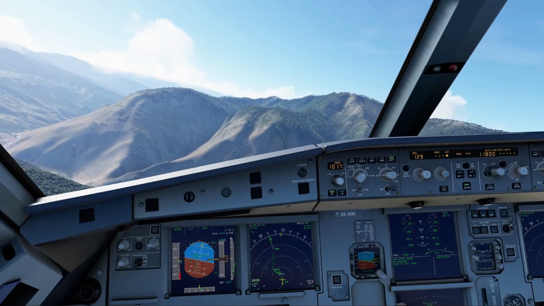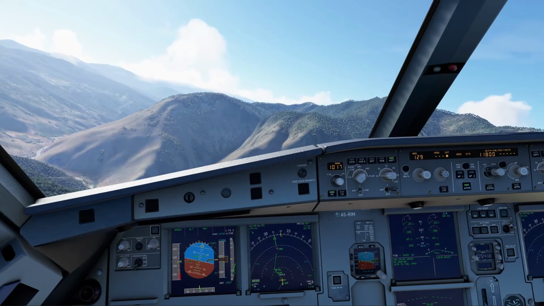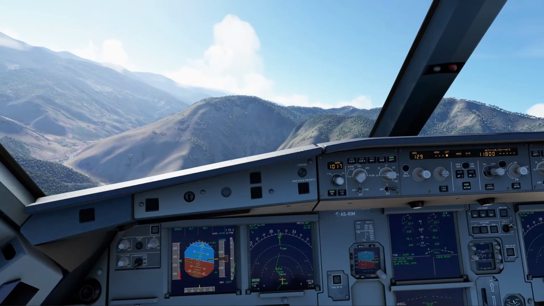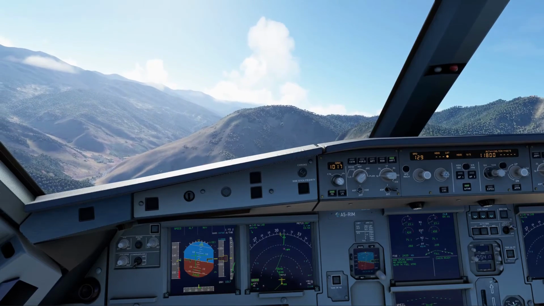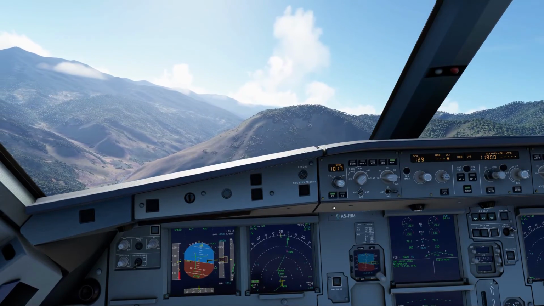You see minimums. I can't see the airport. That's why I wasn't going to set it. 2,500. 2,500.